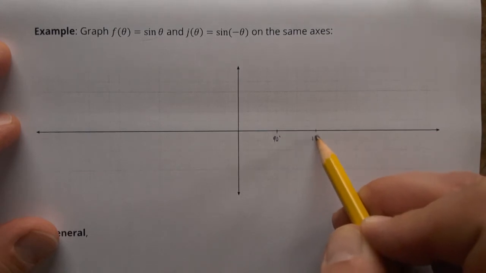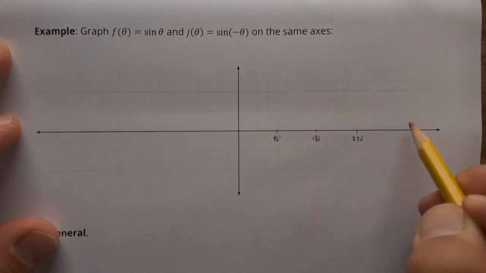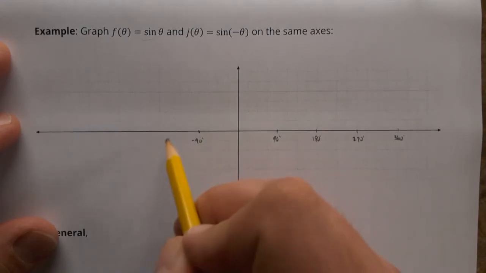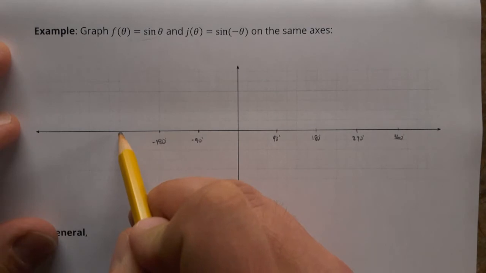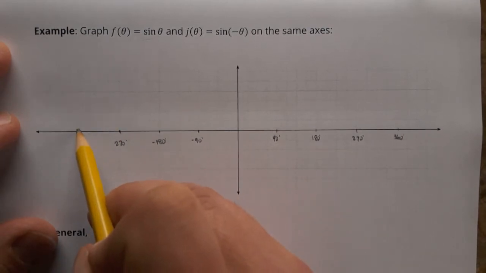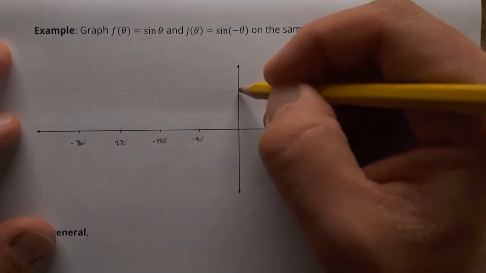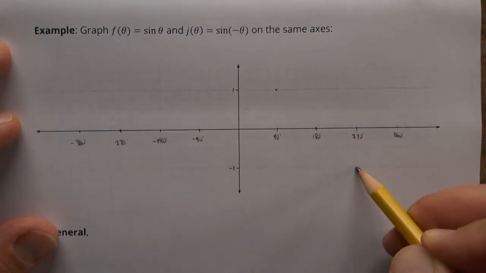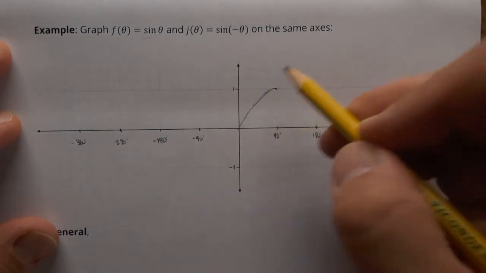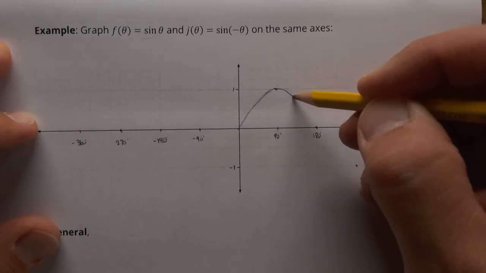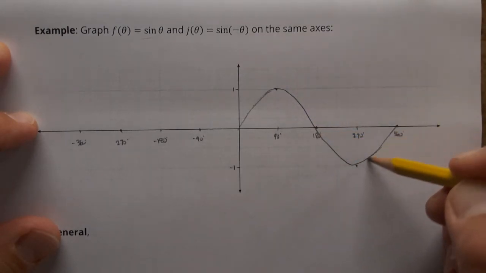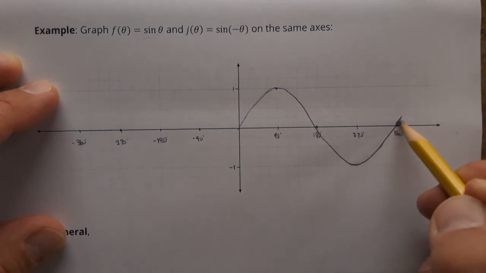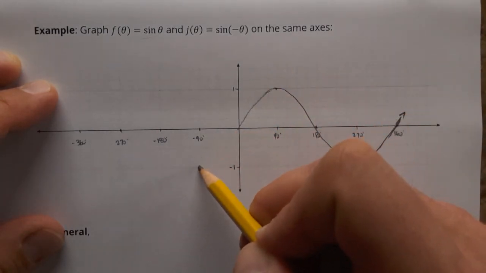90, 180, 270, and 360. And I'm going to go to the trouble of graphing what happens to the left of the y-axis as well. Vertically, there's 1 and negative 1. Okay, original graph. And there's why I'm using a pencil, because I definitely missed that time. Okay, and then this has to continue backwards, if you like,